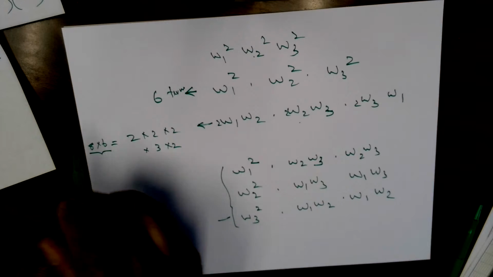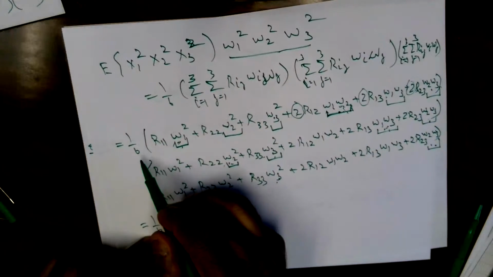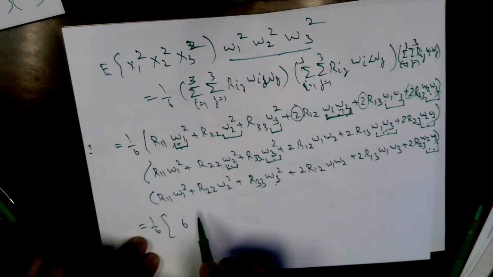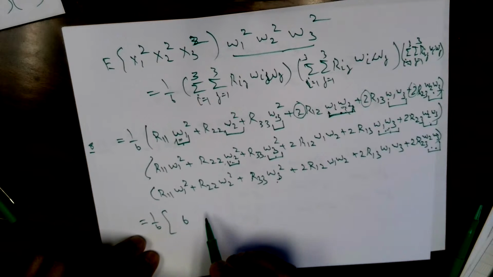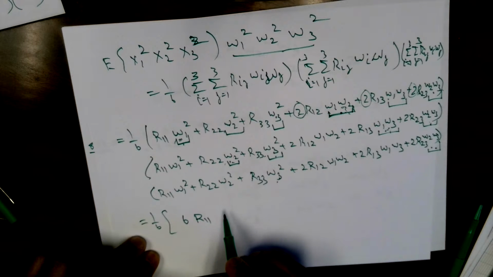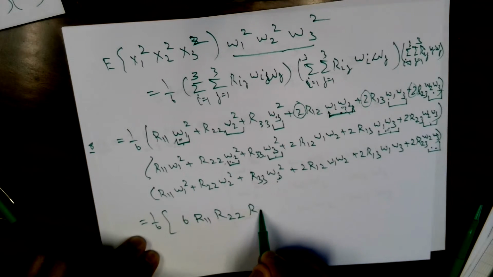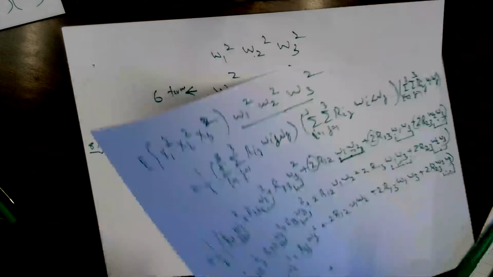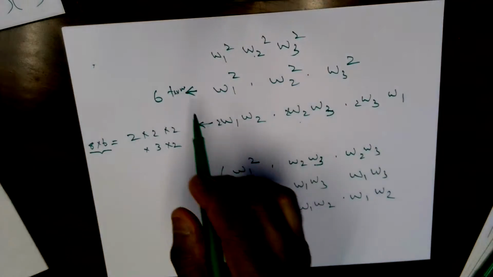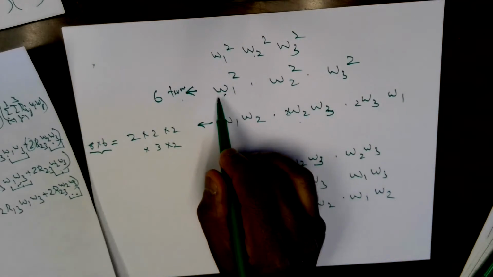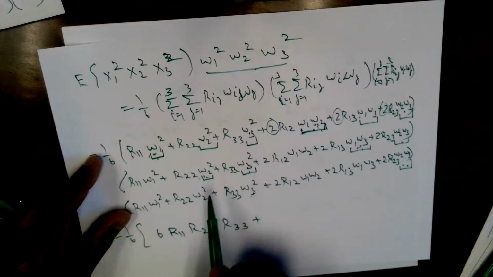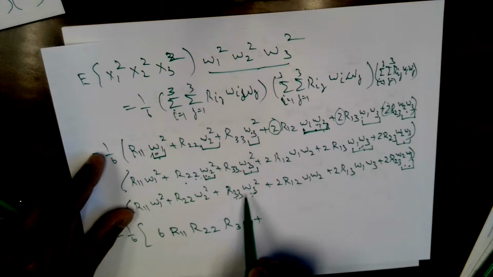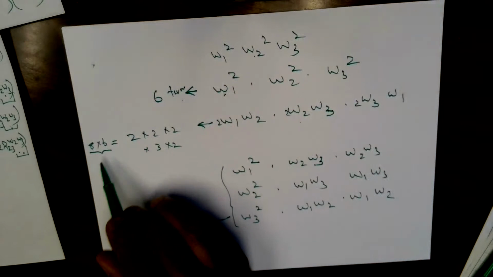The reason I write it like this is there's a 6 here. So this is 6 such terms involving R11 or 22 or 33. That's what here is. The omega 1 squared, the coefficient is R11. Omega 2 is R22. This is R33. And there are